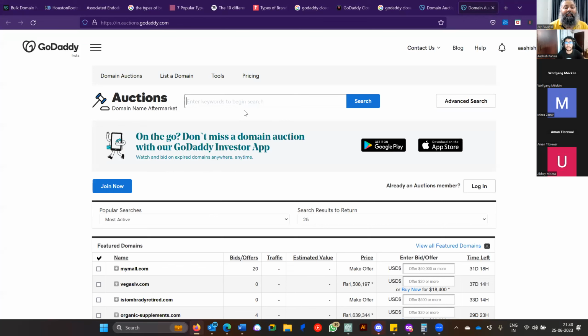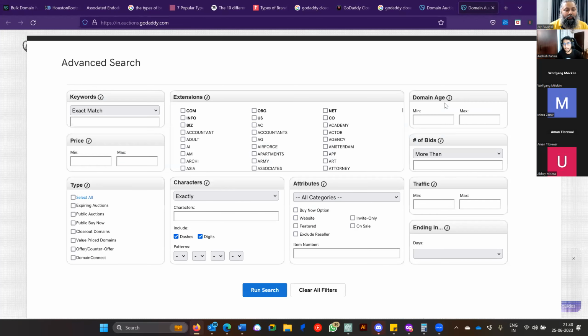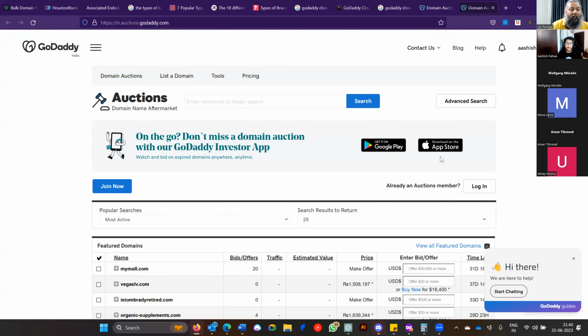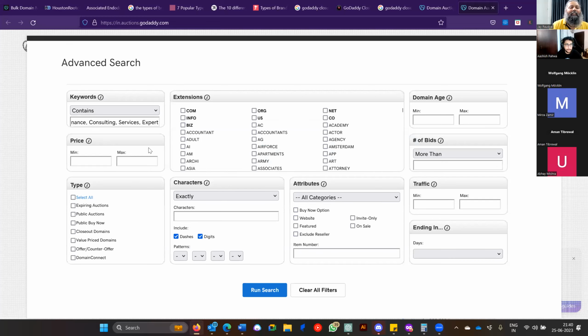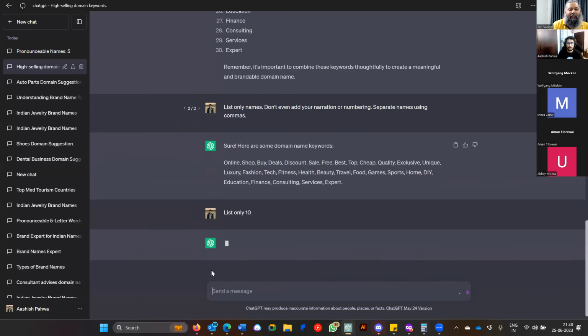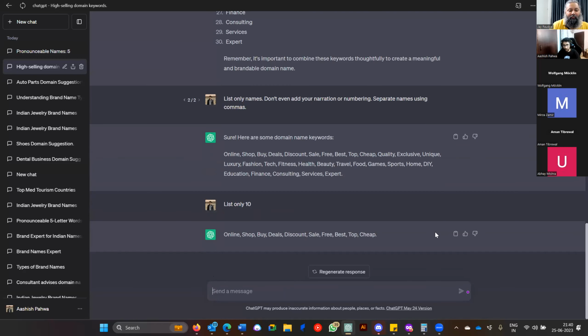Search, go to advanced search, okay, put it here, exact contains, right? I don't know comma will work here or not, and you can remove space as well. Too many keywords, सिर्फ 10 डालने हैं अपने को। कोई नहीं, उससे 10 मांग लो ना. अरे ऐसे ही कर ले, चलो list only 10 without space, हो गया।